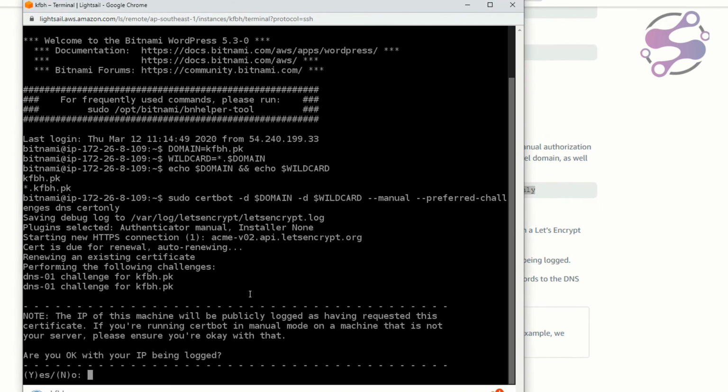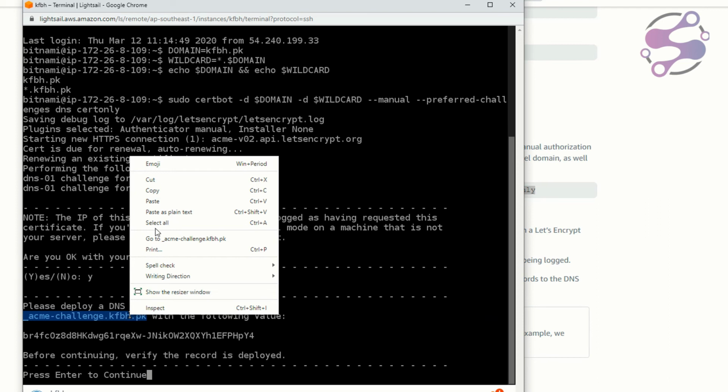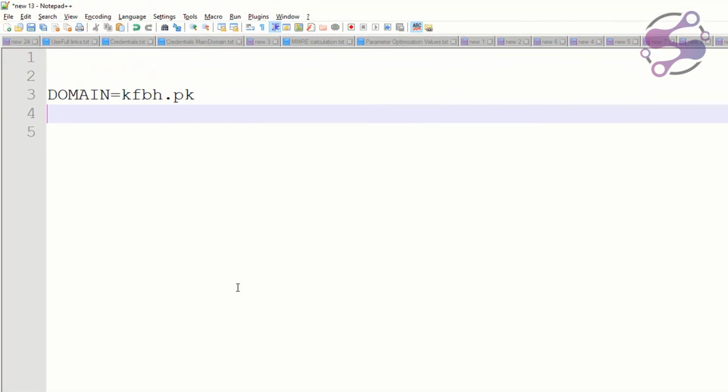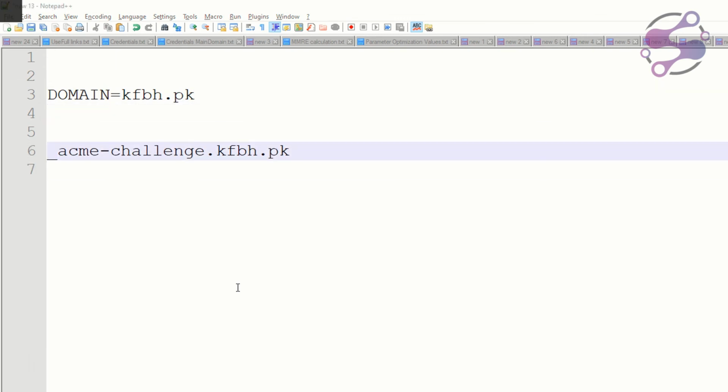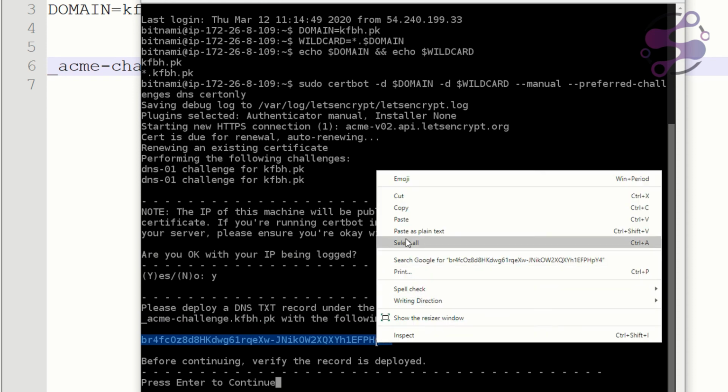As you can see, it's saying, are you okay with your IP being logged? I'm saying yes, hit the enter button. So now as you can see, it's giving us the record. So copy this bad boy, right click, copy, make sure do not use your shortcut by using your keyboard. So as you can see, this is the name, and you have to also copy this bad boy or this code. Okay, right click, copy,